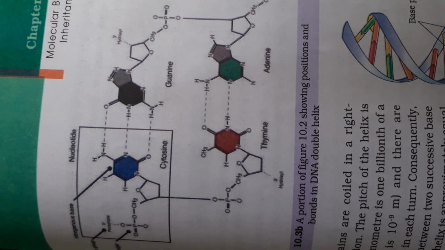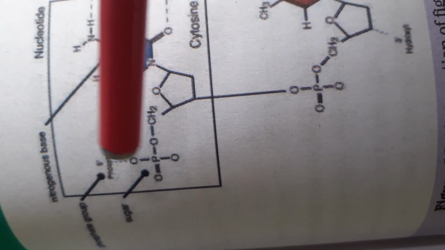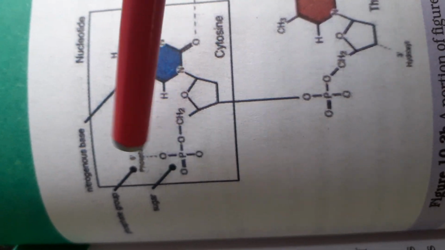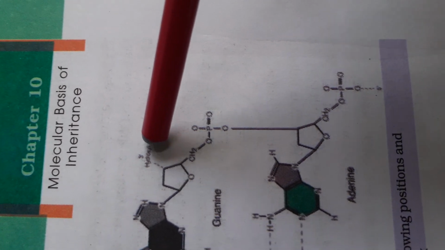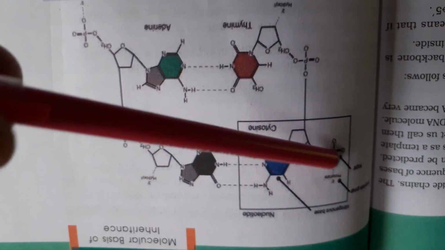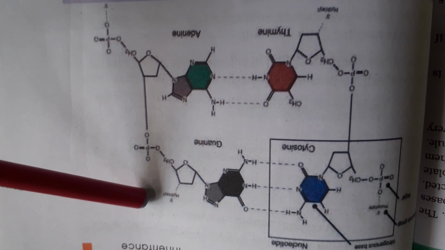If you notice one more important thing, see here, phosphate is present. So this end will be the 5' end. Wherever you have the 5' phosphate, it will be the 5' end. Free phosphate group is present. This is the 5' end. See here, the other strand will have the 3' OH end. So always they are anti-parallel. The two strands of the DNA are anti-parallel. If this is 5' OH, this will be 3' OH.